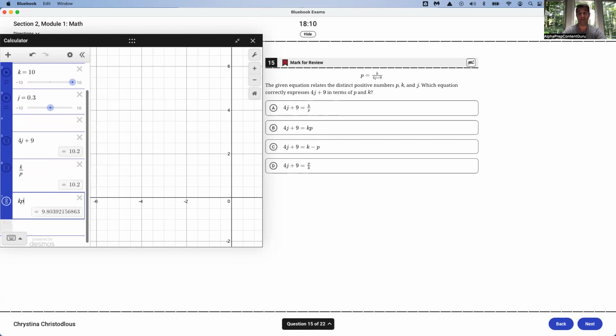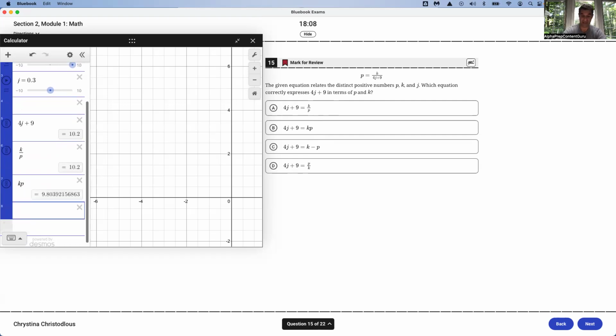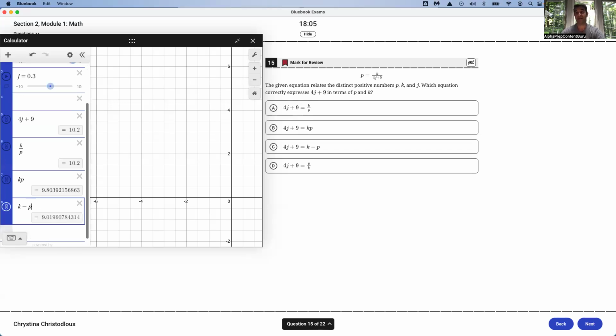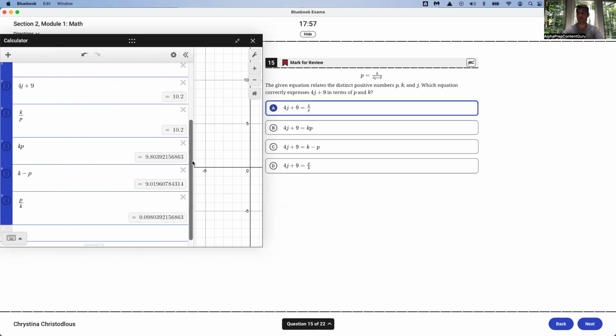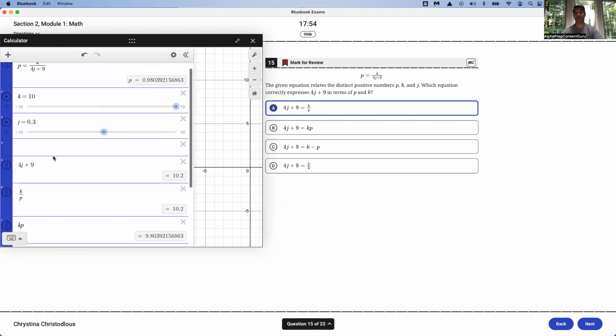K times P. B is not the answer. K minus P. C is not the answer. I'm looking for 10.2. P divided by K. D is not the answer. The answer is A. That is a little bit next level, but hopefully you're like, all right, I fully